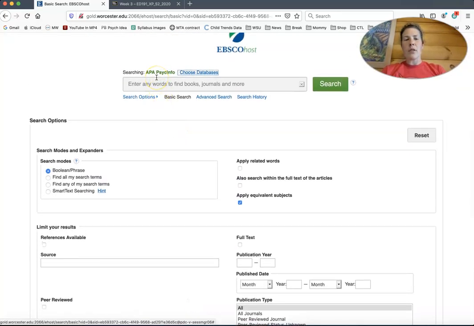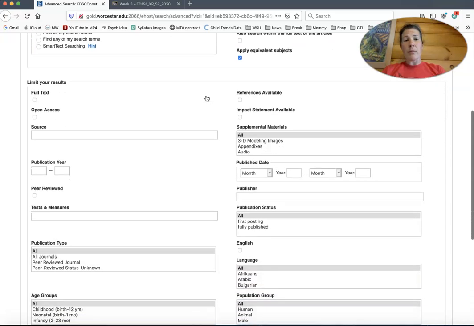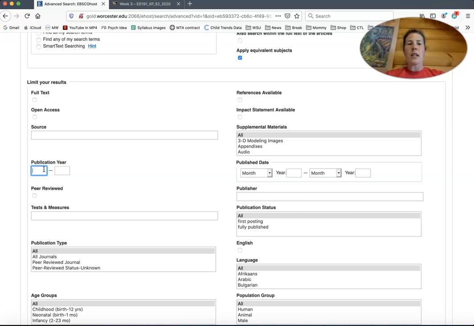So I have my PsycInfo database that I'm going to use, and oftentimes just so I can use as much information as I want, I will click Advanced Search. That will allow me to narrow down my search a little bit from my options. And I will start with the publication year. I tend to only look at articles that are within the last 10 years. If they're getting older than 10 years, then they're not going to be as new. The information might be a little bit dated. Our environment and our community might just be different by this time. So you want the most current and related topics to the population. So I'm going to go 2010 to